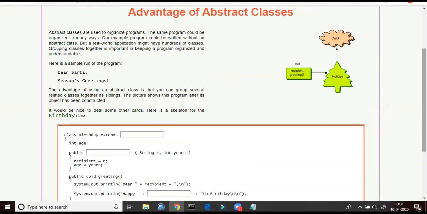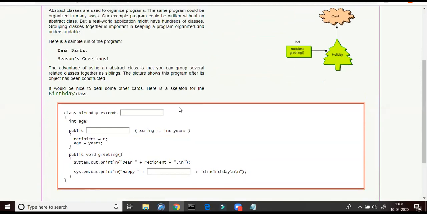Okay. So here you have to fill in the missing blanks. How will you write? There is a superclass Card, which is an abstract class, and this Birthday class should extend from the class Card. So what should we write here? Extends Card, and here this will be the constructor. Is small. Okay, and this is happy what?